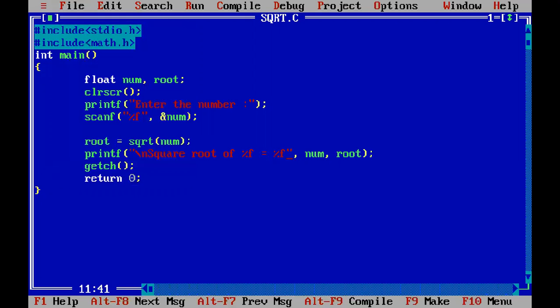Okay, you have taken two variables of float type. Now, clear screen, did you understand? We use clear screen to clear the output screen so that we don't have the previously obtained output on the screen. Next is the printf statement. This is the first statement that you will get on your output screen. Okay, what do we have here? We are simply letting the